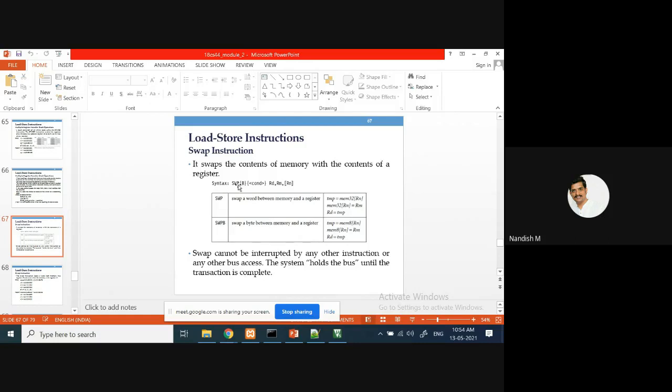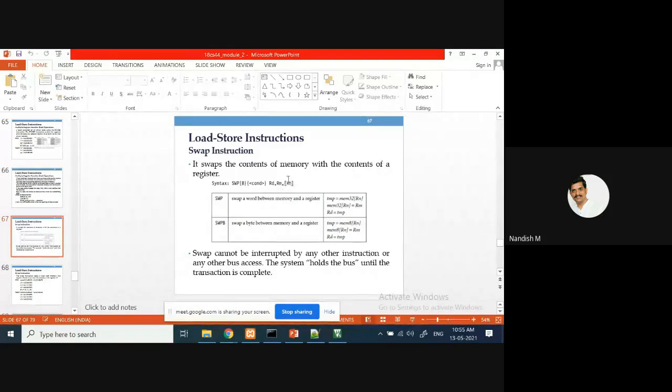See the syntax: SWP is the swap instruction, followed by RD, RM, and the address base register. The last one I call the base address register. In this location some value is there, and RM contains some value. These should be exchanged.